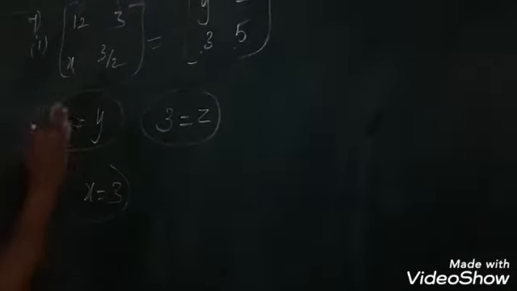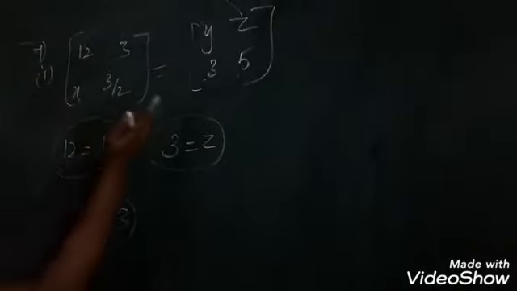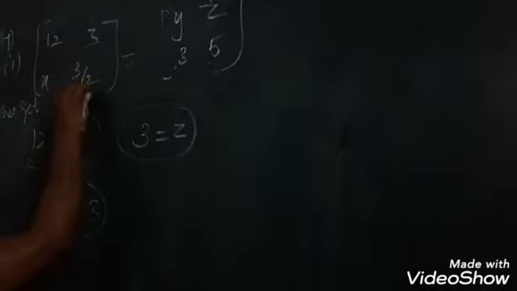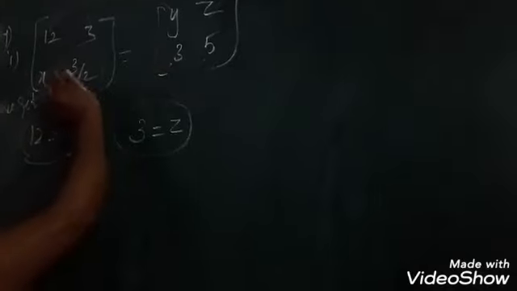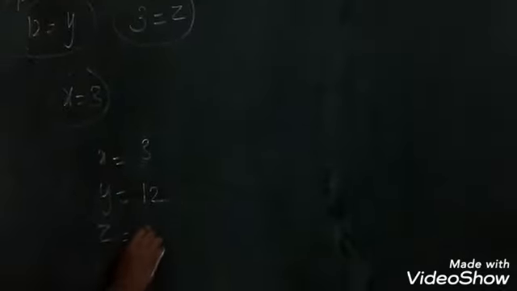Okay. Here the given matrix is an equal matrix, so we have to equate the corresponding elements and we get x and y. Here the question is wrong. Here 5 means here also 5, or here 3 by 2 means here also 3 by 2. In the question book itself you have to change one of them. Okay, you have to change either one. This is the value of x and y. Then z. This is the conclusion, girls. y is equal to 12. z is equal to 3. Okay. Here we have to write that the given matrix is an equal matrix, so we equate the corresponding elements. We get x, y and z.